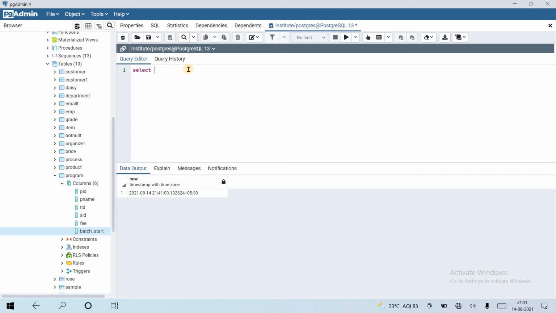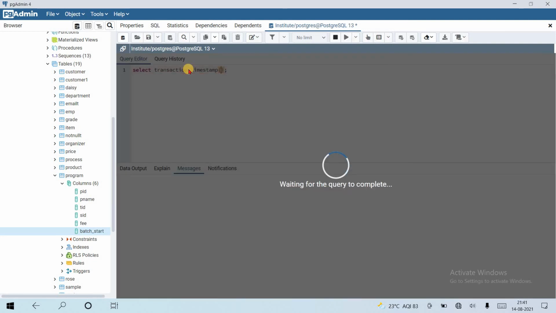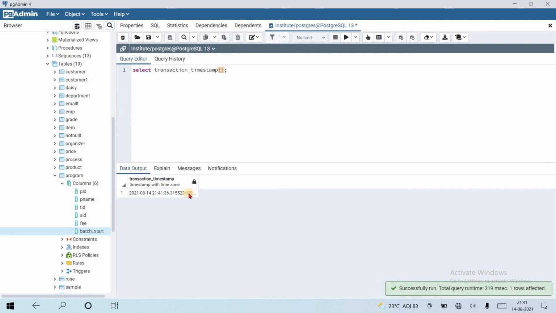If I use transaction_timestamp, it is the same as now. This is the function, and it returns exactly the same as now.